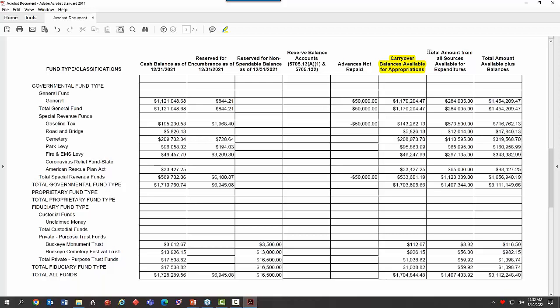Now this column, once again, wouldn't it be nice if they labeled these the same, but they didn't. This is your estimated revenue for the new year. So remember, you either filed a budget that included your revenue estimates, or you filed an alternate document that showed estimated revenue for the new year, and you got back an official certificate from the county that says, this is how much we're certifying. And a lot of times it is exactly the same. So it goes in one column.